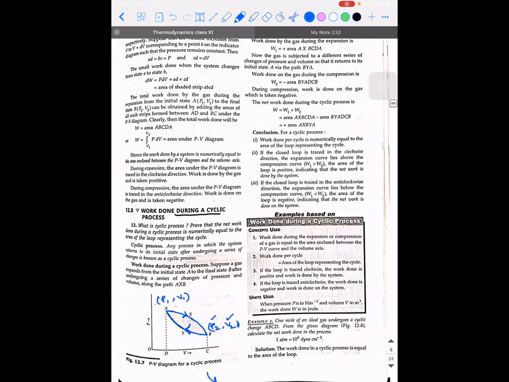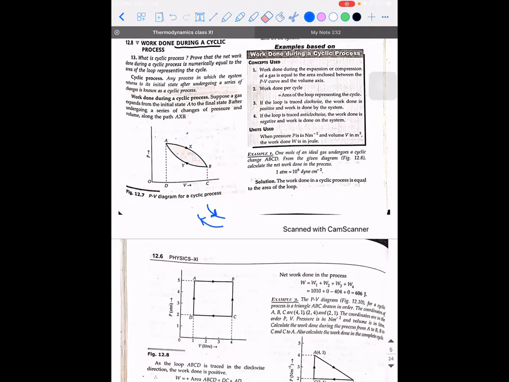Whereas, if I look at this diagram, look at the way I'm going to frame the question. If I take the process from A to B as X and from B to A as Y, okay, A to B is taken as X and B to A is taken as Y. What is the process X? Expansion, sir. It is expansion and B to A is compression. So the process from A to B is expanding and B to A is getting compressed in such a way, the process is ending where it started. Accepted?